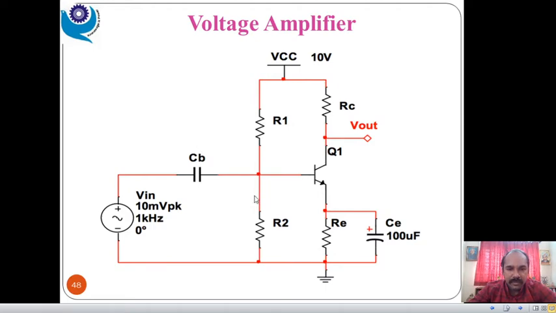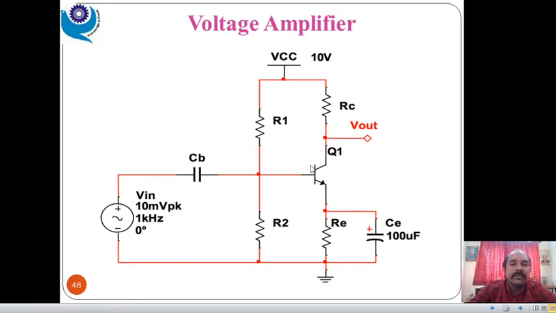Now we can see on the screen a circuit, that is a transistorized amplifier, a single stage transistorized amplifier. It is also called an RC coupled amplifier. Here we have used the component BJT, bipolar junction transistor, in self bias technique. There are different types of biasing technique: self bias or potential divider bias, or collector to base bias, or base bias.